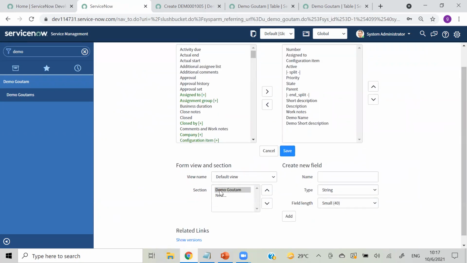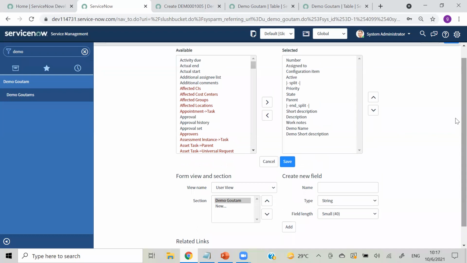Here you have demo Gautam, that is the default view, and I want to create a new view. I will give the name as user view. Okay, I have created the user view.